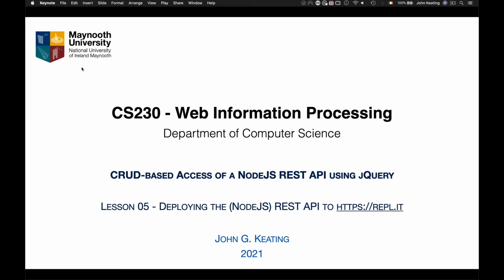Hello and welcome to CS230 Web Information Processing, and welcome again to this short series of lessons on CRUD-based access of a NodeJS REST API using jQuery. This is lesson 5, and in this lesson I want to show you how you would deploy your NodeJS REST